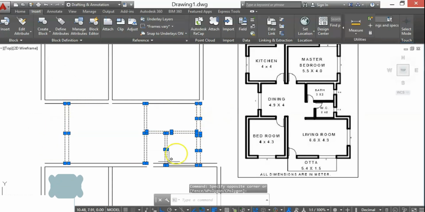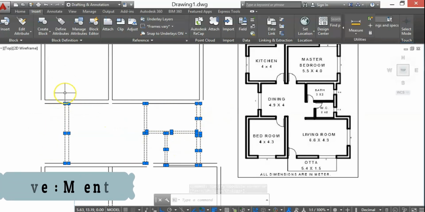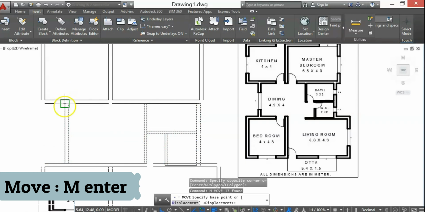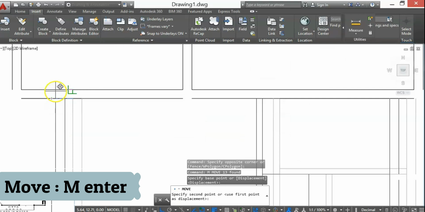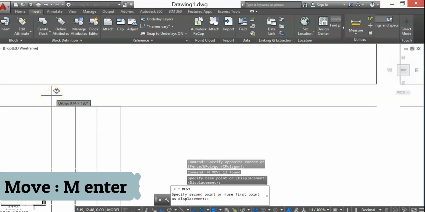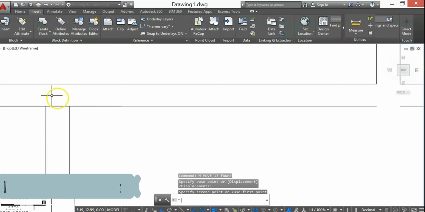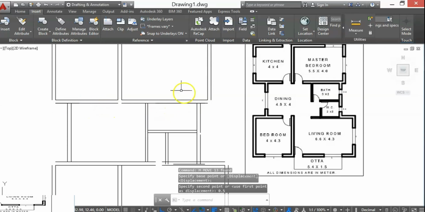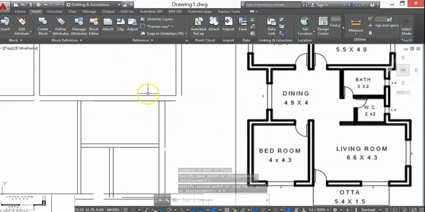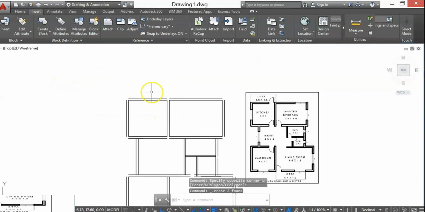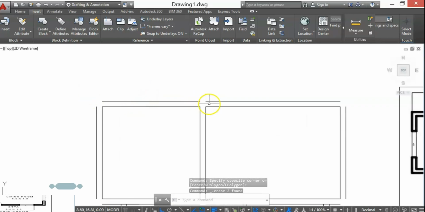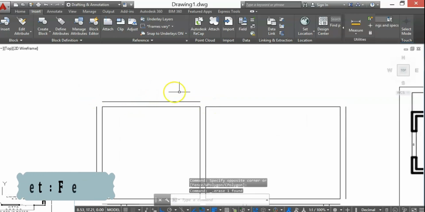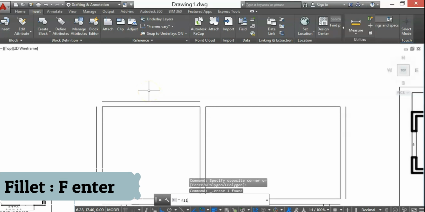I want to move all this center part, so I'll select that by entering M, enter, and move it to 0.5. So I'll get a perfect plan. To join all these lines, I am using the command fillet, FIL.